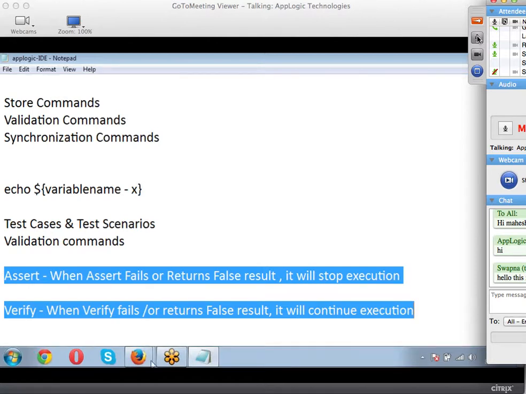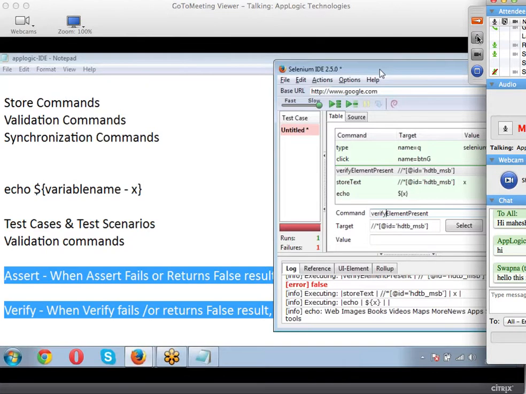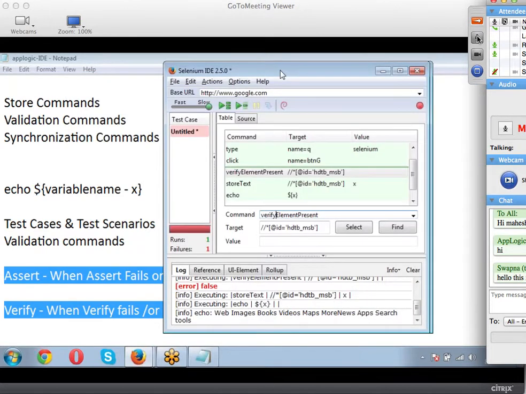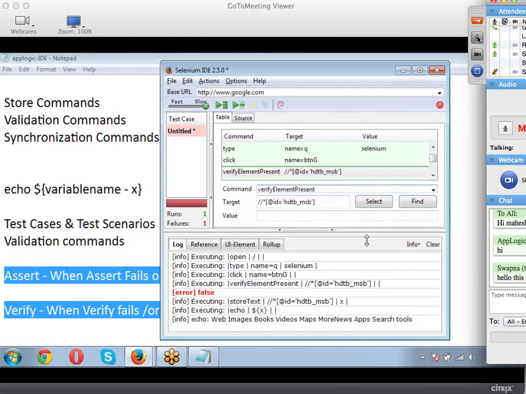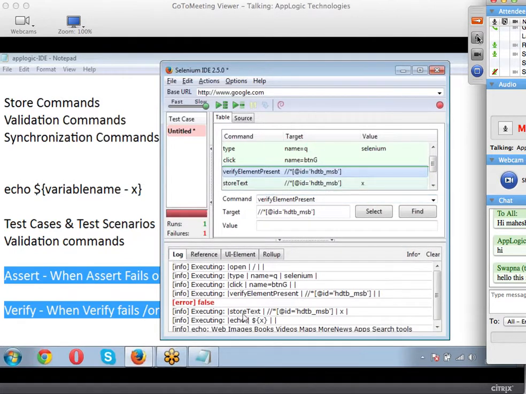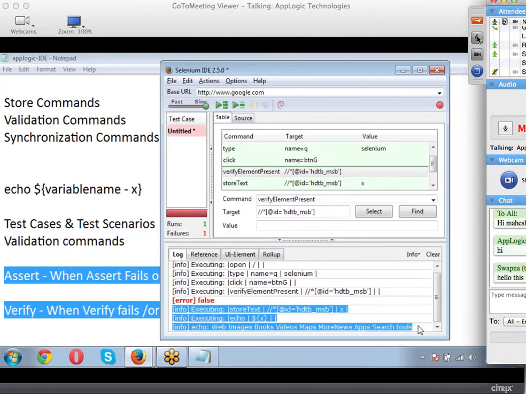If you observe in the IDE, I have just used the verify element present command, and that is also throwing me an error message saying false. But it went on further executing the script. These are the results. Understood, everyone?